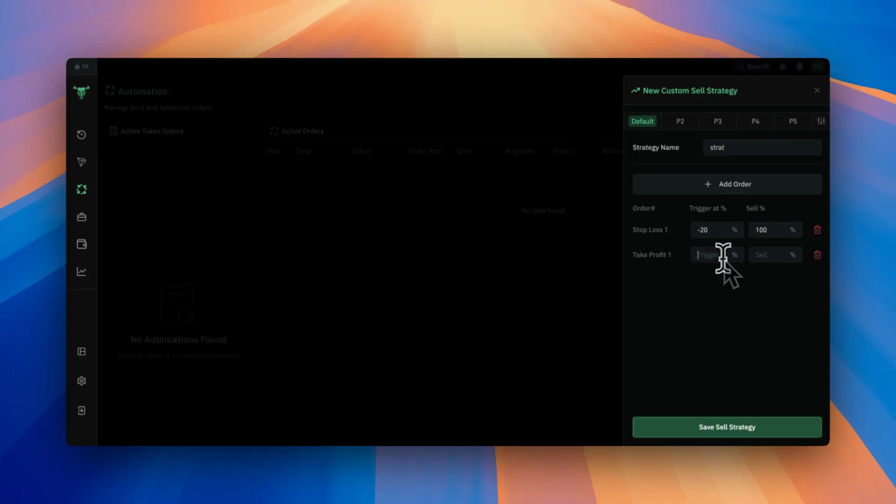If you want to take profit once you're up 50%, you want to sell 10% of your position. Or once you're up 300%, sell half of your position that's remaining, things like that. So you can automate a lot of your trading instead of manually staring at a chart.